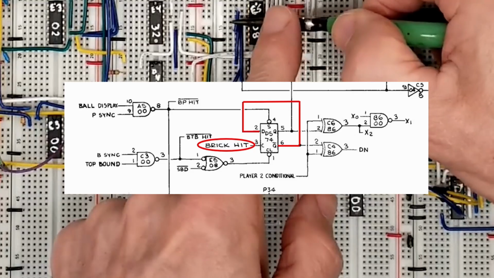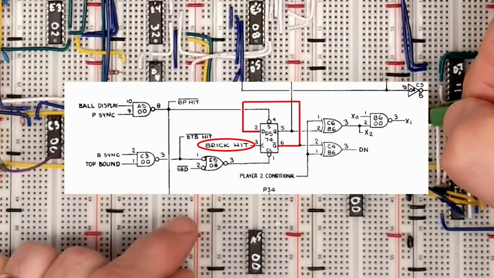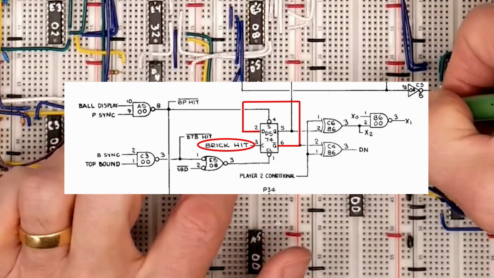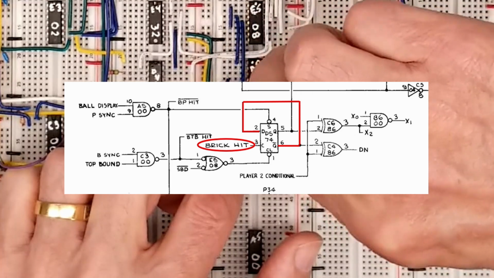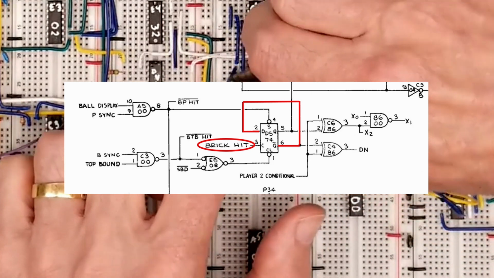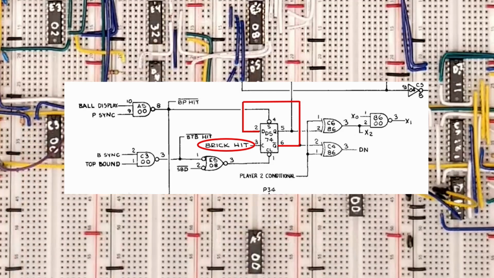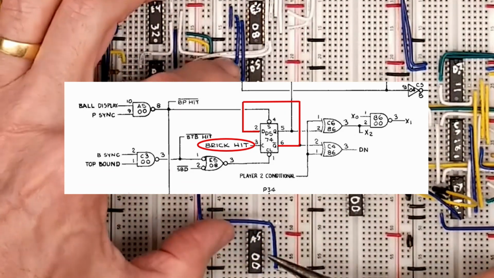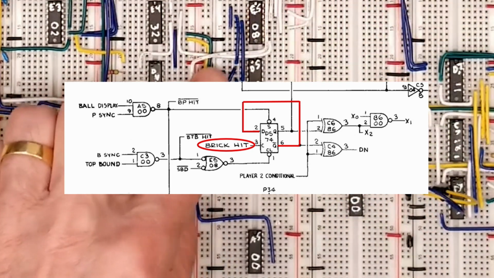This is the typical wiring configuration for a flip-flop or divide by 2 circuit where the output inverts with the rise of each clock. In this setup, no matter which X direction the ball is traveling, hitting a brick will reverse it. So hitting a brick from the front will send the ball back towards the player, and hitting a brick from the back after a breakthrough will cause the ball to bounce towards the top boundary.